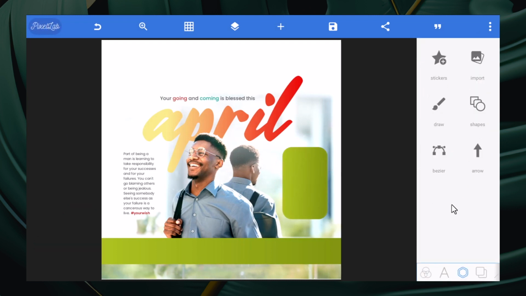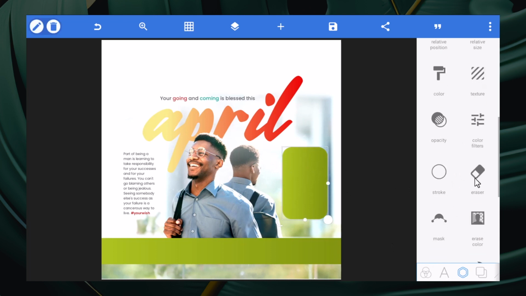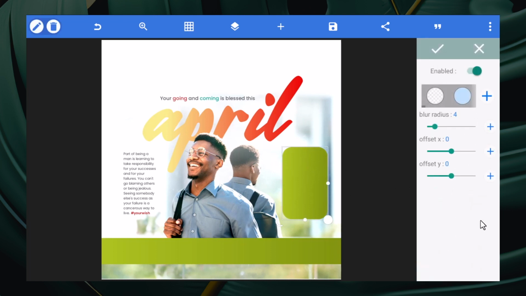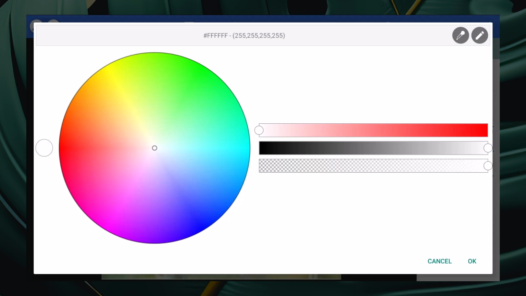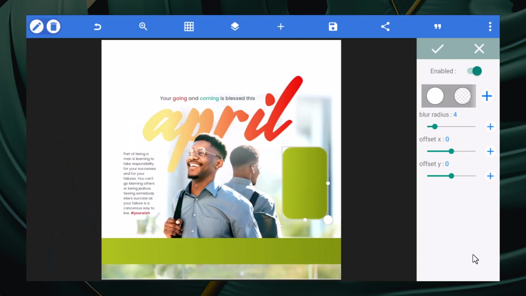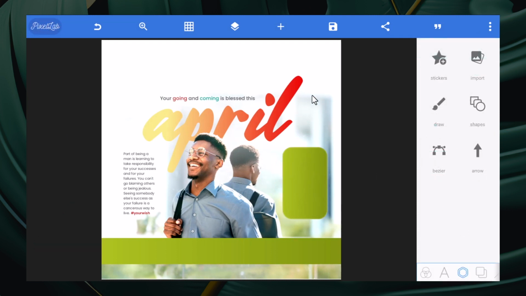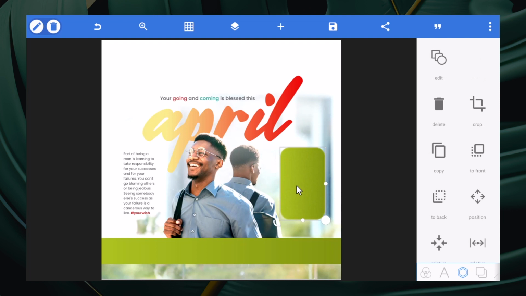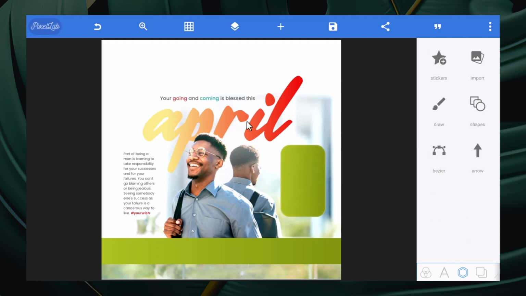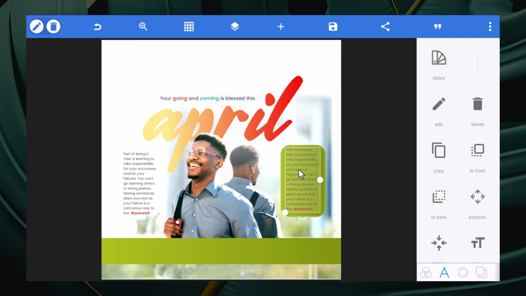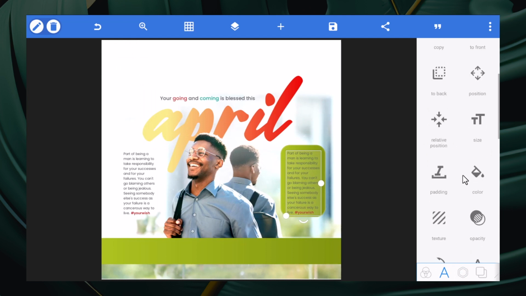So if you feel it's not enough, click on it, go back to inner, then you can increase the transparency again. Excuse me. Click OK. So you have something like this. You feel it's okay like this. So you can drop it here. Then you can duplicate this text. Then bring it here. Then you can go to align